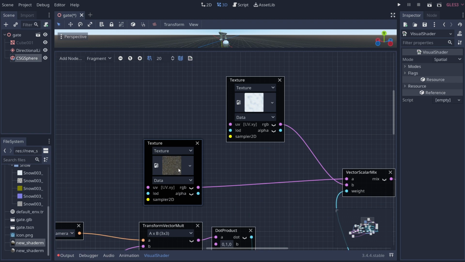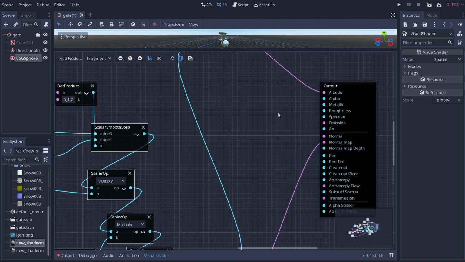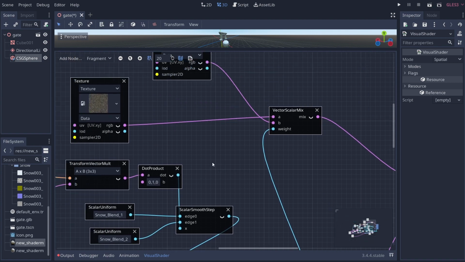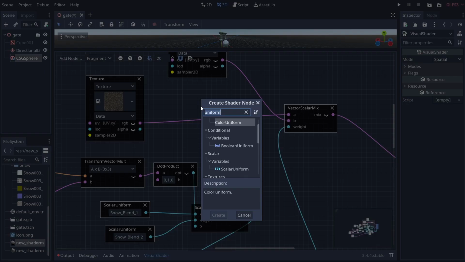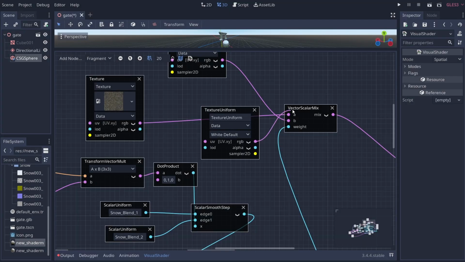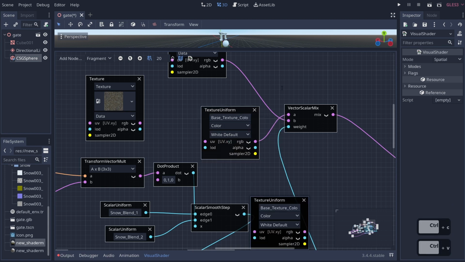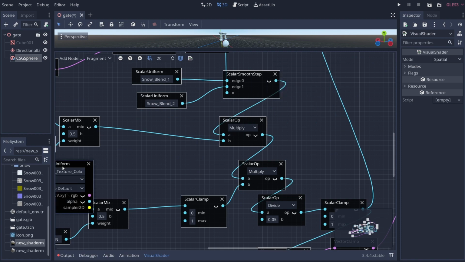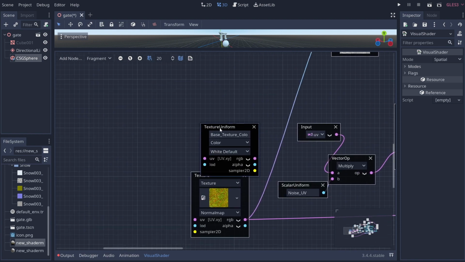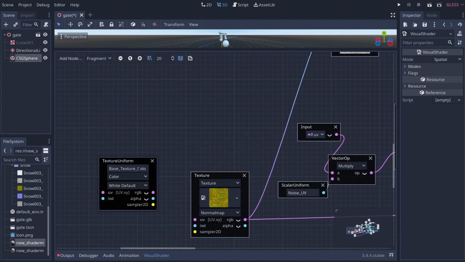I mean, the only thing that we could probably do is just add in a texture vector here and maybe adding in a roughness value here, which we can quickly do. So if we right click and add in a texture uniform here, we can drag this into here. We can go into a color map and we can name this our base texture color. And then we can duplicate this like so and bring this guy back to our normal map and say base texture normal,